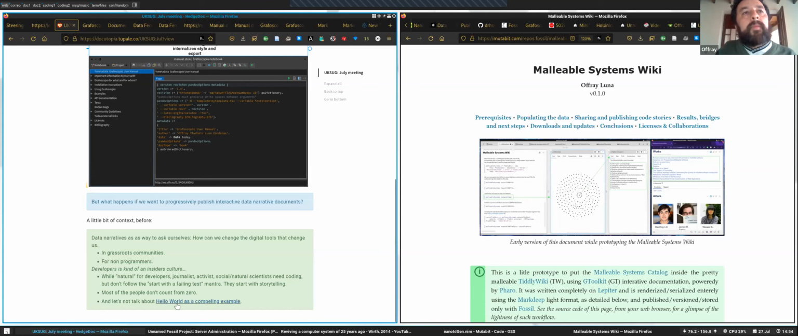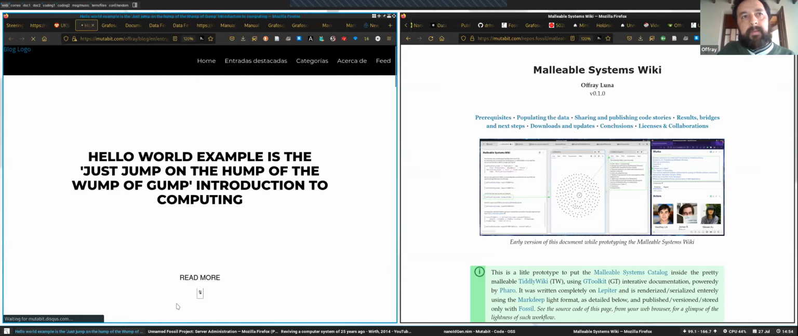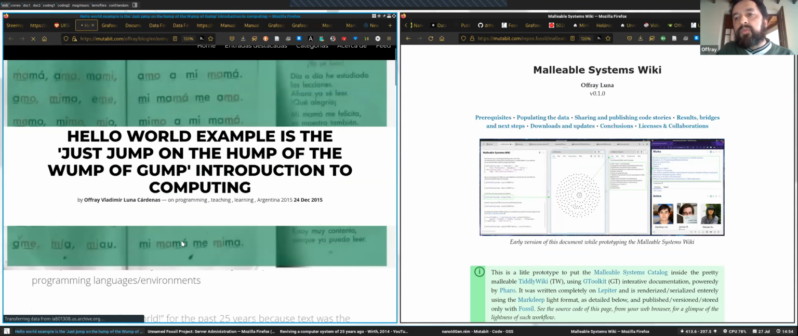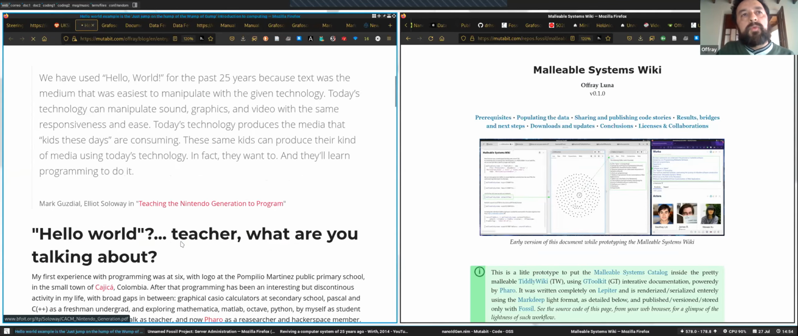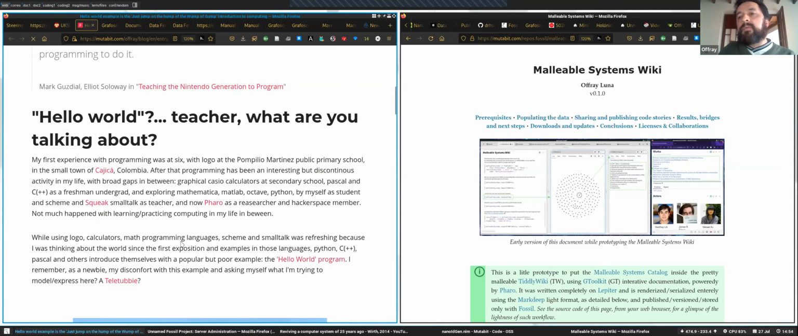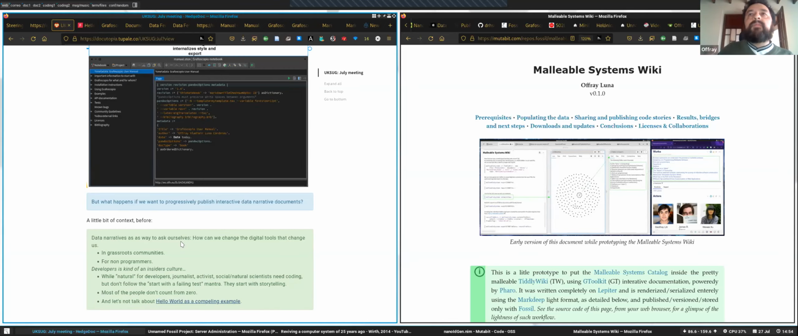And let's not talk about Hello World. I have a long rant about Hello World as a compelling first example. It's not. It is not. If you try to teach this stuff to non-programmers, this is not the stuff that they find compelling. So I think that what we are doing with these interactive data narratives is to bring the